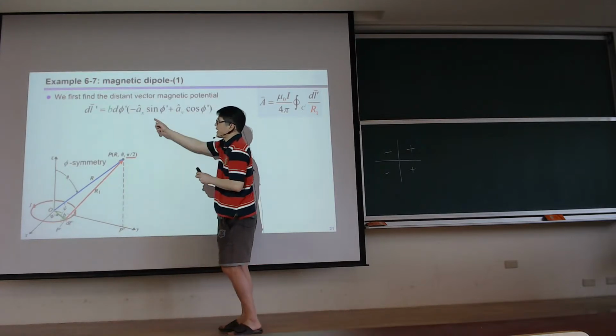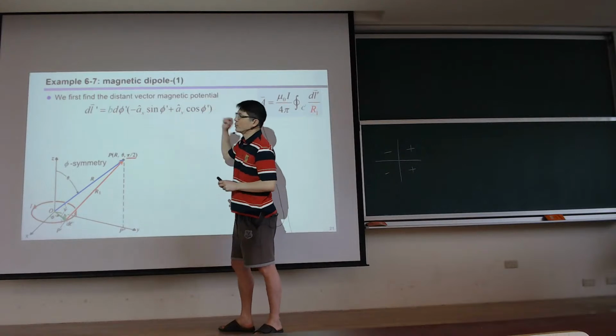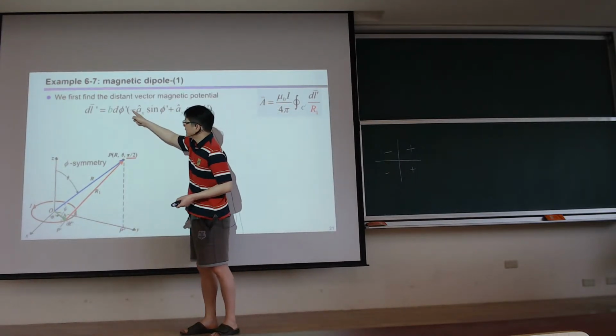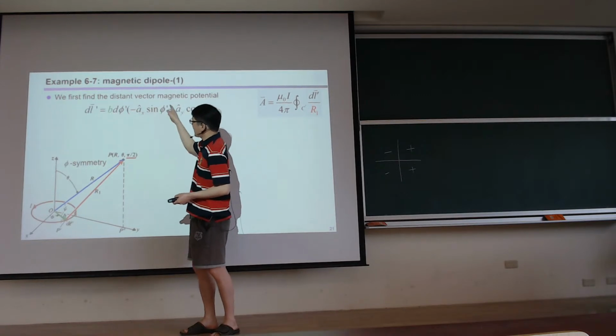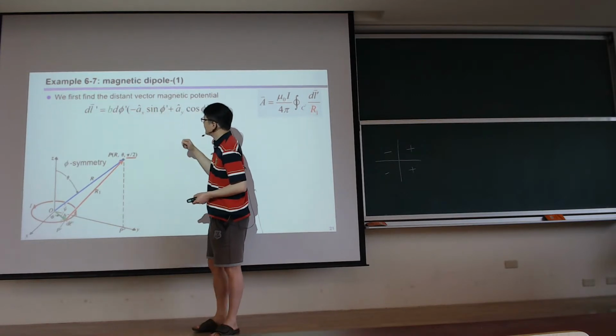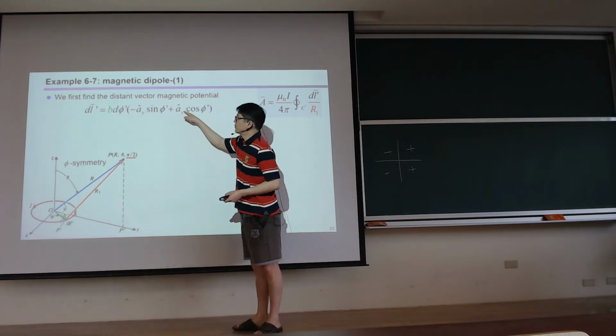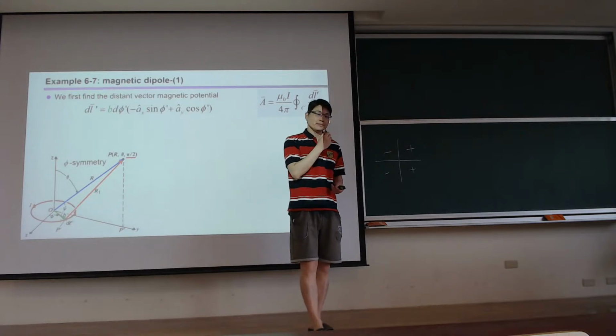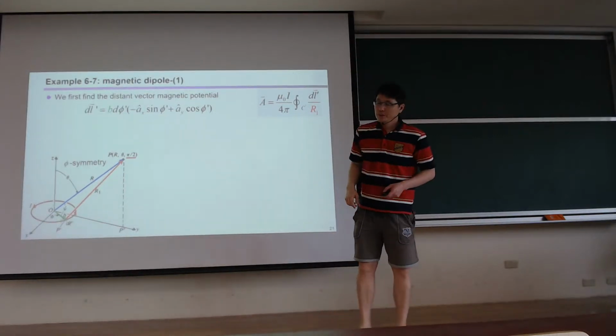So let's decompose a phi into ax and ay. So a phi is decomposed into the negative ax direction with a magnitude of sine phi prime, and the y component with a magnitude of cosine phi prime. Okay,